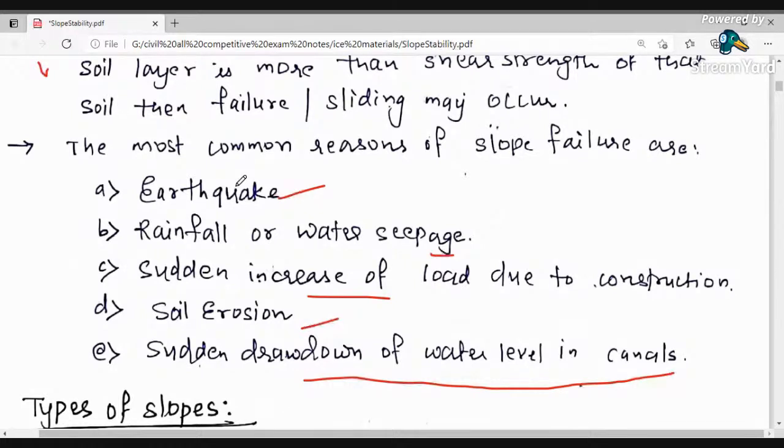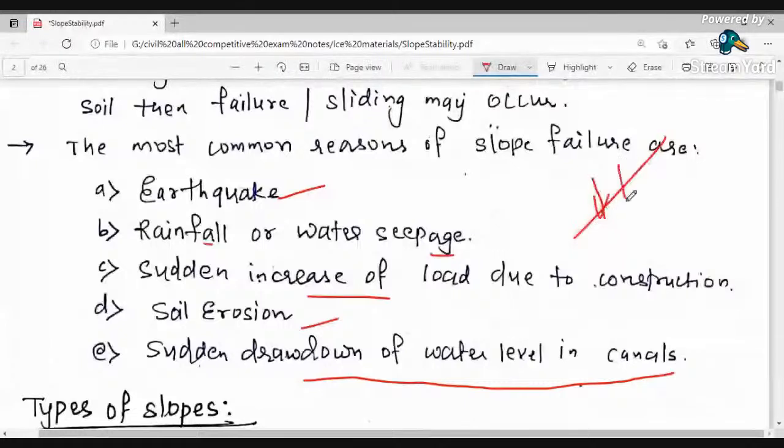Second is rainfall. Suppose heavy rainfall is occurring in that slope area. Because of heavy rainfall, infiltration takes place and the soil becomes saturated. Okay, when the soil is saturated below the surface, then what is happening? When the soil is saturated below the surface of the